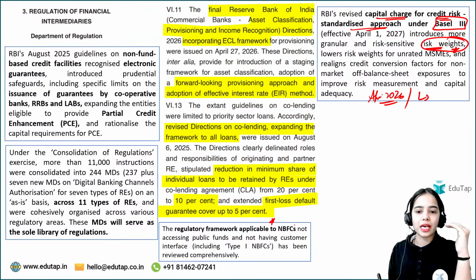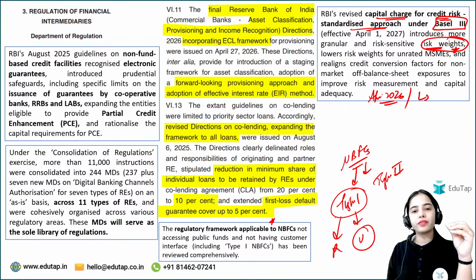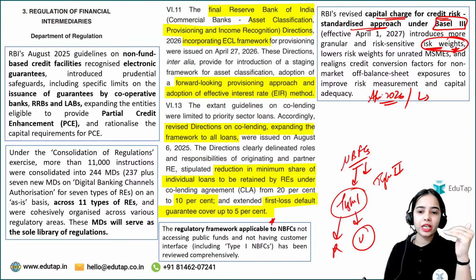Next is NBFCs. I hope you remember that for the NBFCs, the directions were released that they are divided into type 1 NBFCs and type 2 NBFCs. In the type 1 NBFCs, there are the registered and unregistered. Type 1 NBFCs are non-deposit taking, they cannot avail public funds, they cannot have the customer interface. Type 1 NBFCs that have less than 1000 crore of asset size,